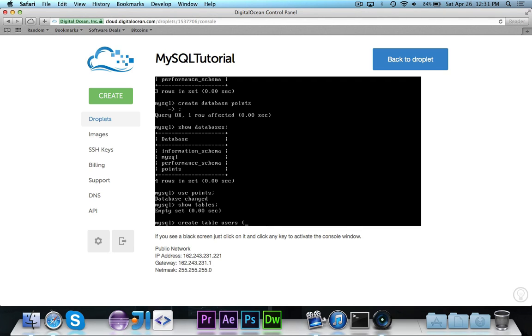Then you're going to put a parenthesis, and the first thing that we want to do is we need to have the UDID. We're going to call this UDID. That's the unique identifier for each player, because we want to store that along with their name, and then we're going to go ahead and type varchar 36. This is the equivalent of a Java string, and the 36 in parentheses says that it can be as large as 36 characters, which I believe is the exact size of a